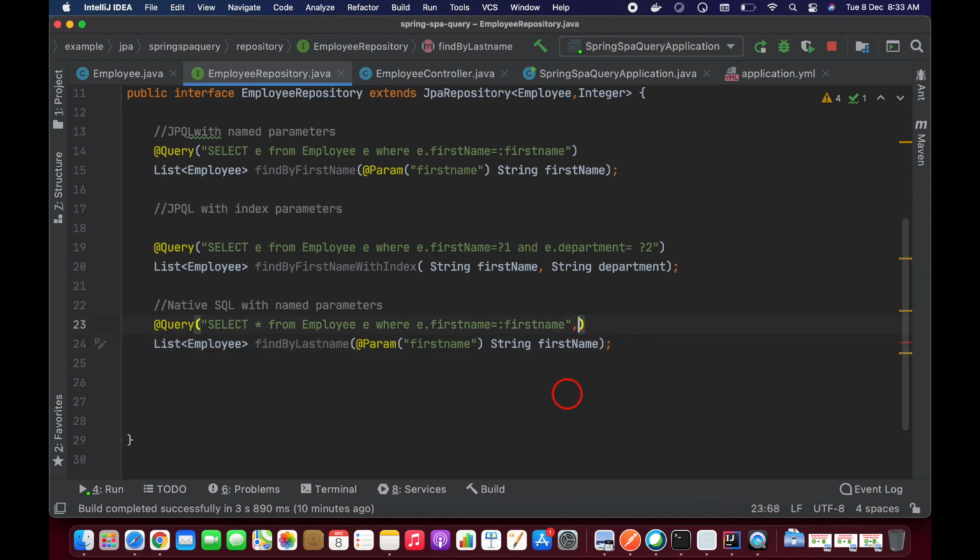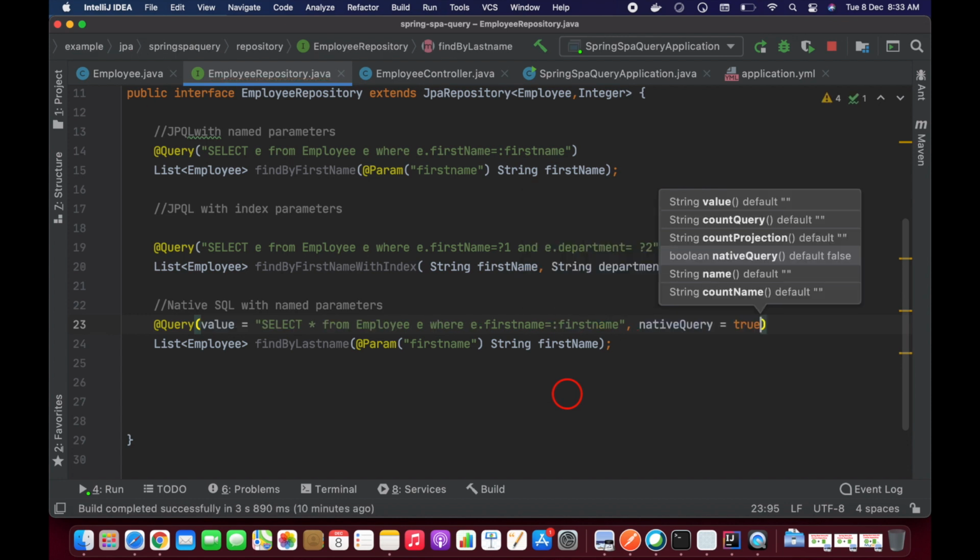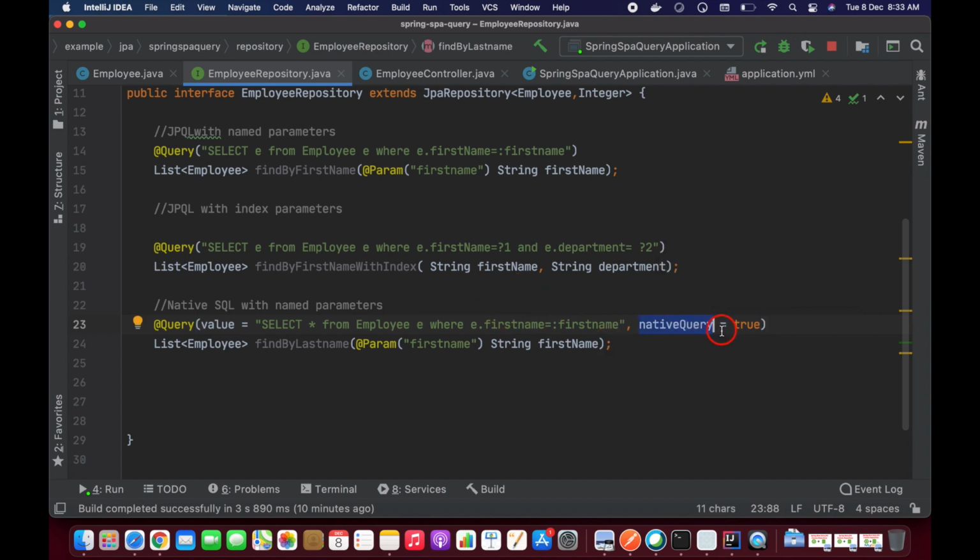We have to pass one more parameter here, nativeQuery = true. Only then will this be treated as a native SQL query, otherwise it will not. This should be available here. I just want to check the last name, because we are already checking the first name in JPQL, that is the reason I'm taking just the last name here.